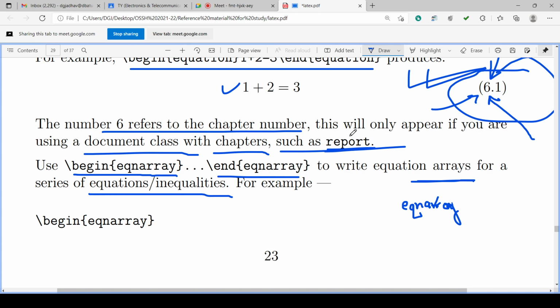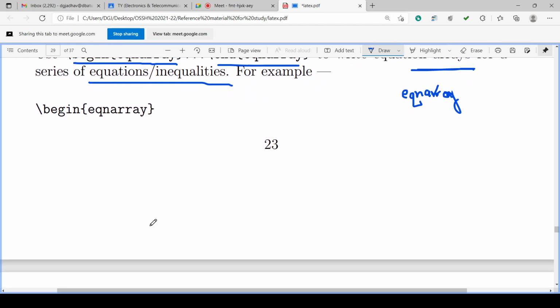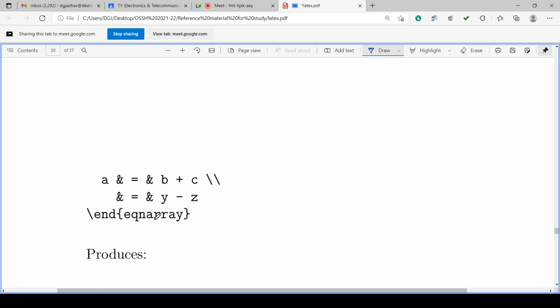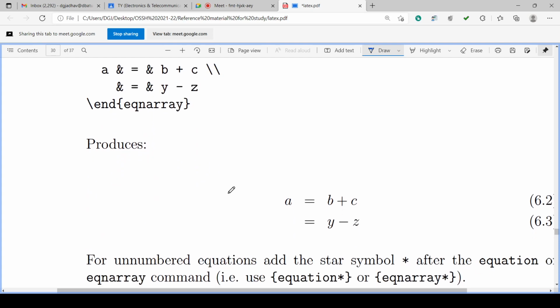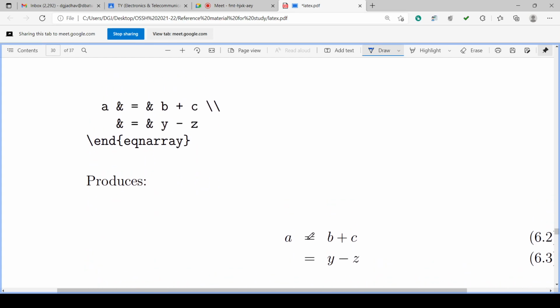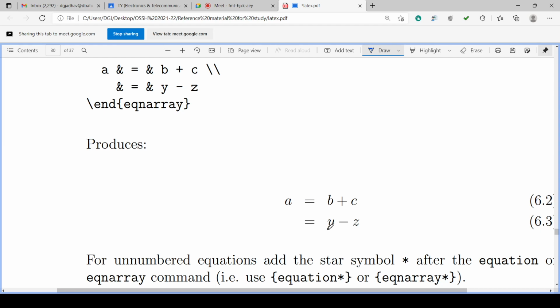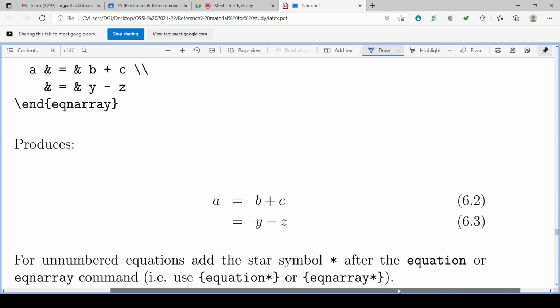For example, backslash begin curly bracket eqnarray. Then one equation is A ampersand equal to ampersand B plus C, new line, double backslash, ampersand equal to ampersand Y minus Z, end eqnarray. So this will produce A equal to B plus C, equal to Y minus Z, and it will generate